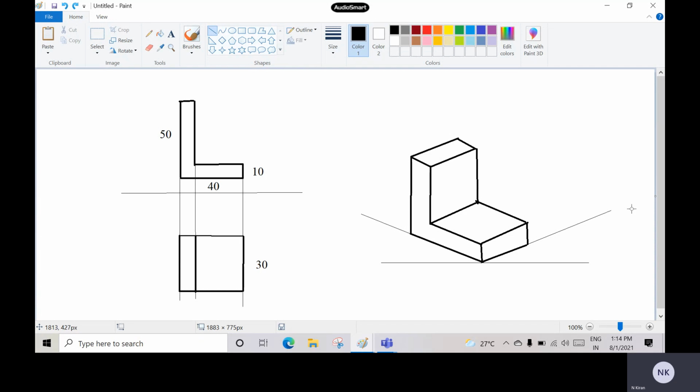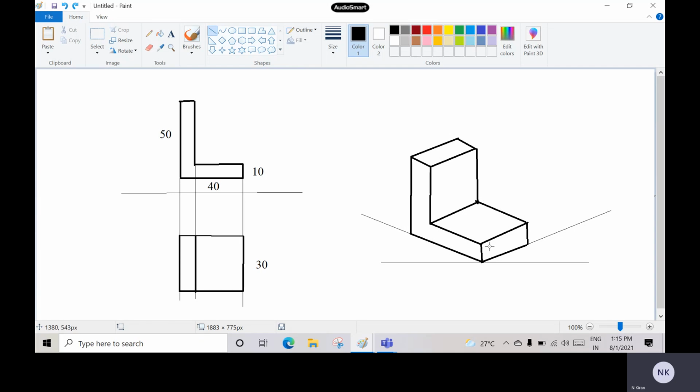And one more thing you want to remember here, just observe these lines. As we take the lines on the right, every line on the right, just observe this. If you fix the drafter for this 30 degrees line, every line on this right side, when you move the drafter from here to this point, it should be parallel. And from the left side, once we have fixed the 30 degrees line, if you are moving the line from the left side, this is parallel 30 degrees, and this is parallel 30 degrees, and this is also 30 degrees.